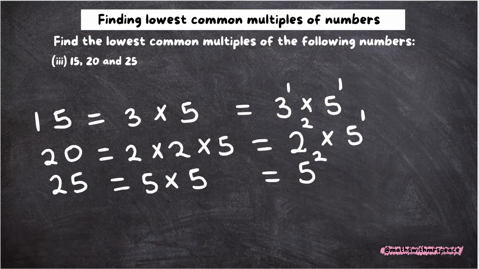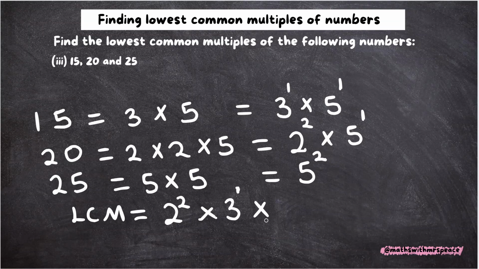So now that we've done our expansion and we've written in index form, what will our LCM be? So I'm going to go ahead and write LCM is equal to, and compare our bases. We'll start with the small one. We have 2, we have 3, we have 5. So let's begin with 2. This is the only base 2 we have. So obviously that's going to be our pick. So we'll take 2 raised to the power of 2 times, and for 3 also, we only have 3. There's no other base 3 to compare it with. So let's pick 3 raised to the power of 1